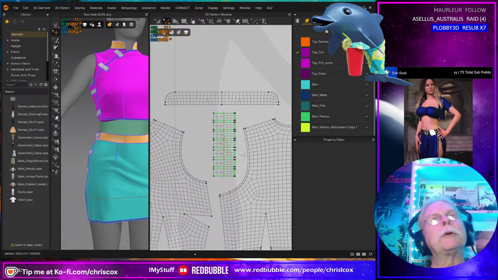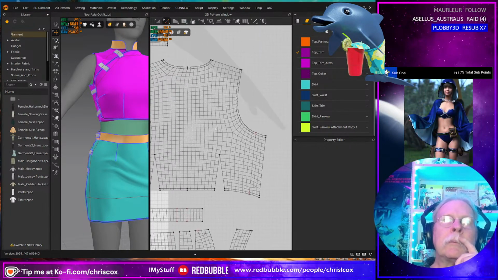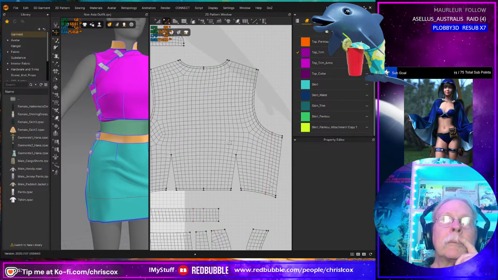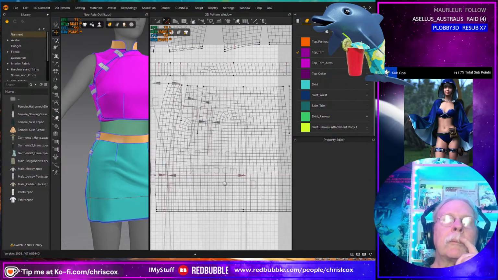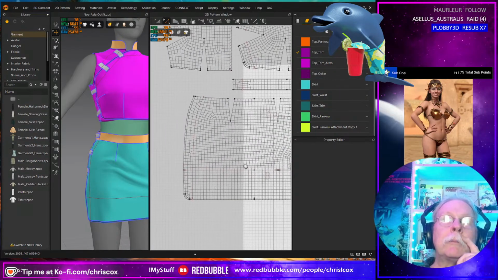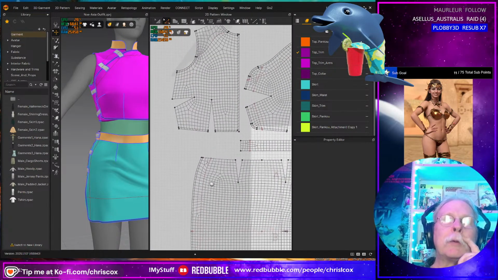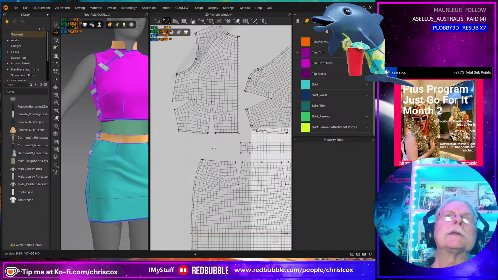Did I want to put trim on the collar? You know, if I do, I can do that as a texture later on. Oh, I still have a background image there of a pattern I copied. I just realized that. I've been working on this for 40 minutes now, and I just realized that's still there.